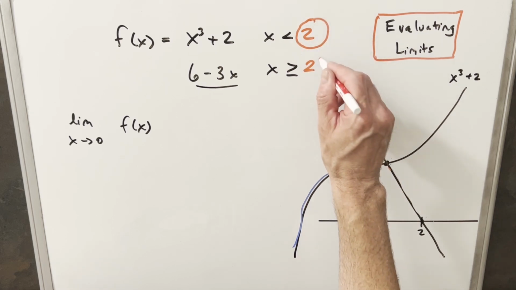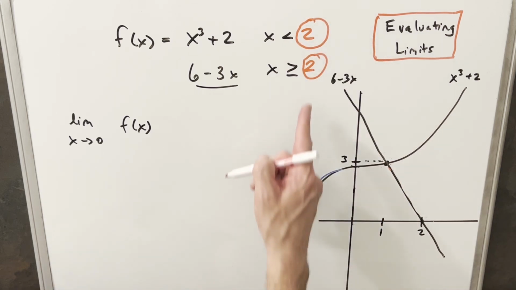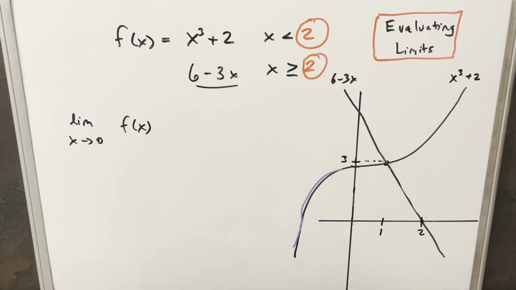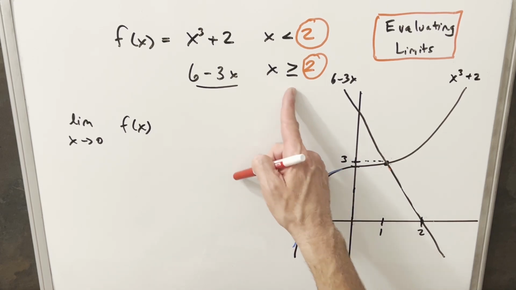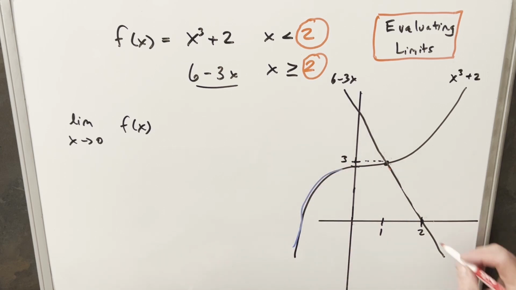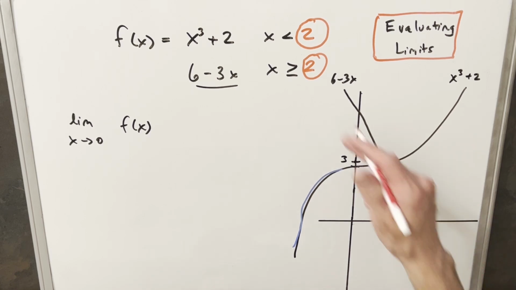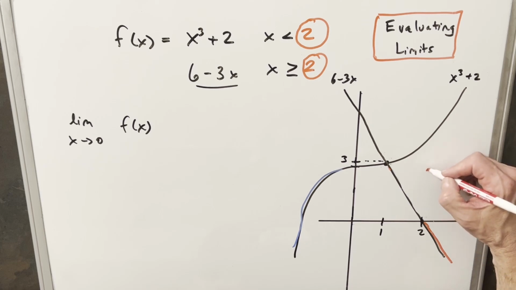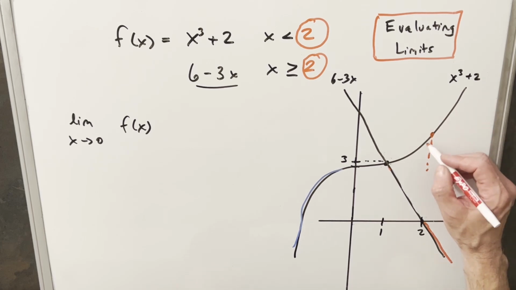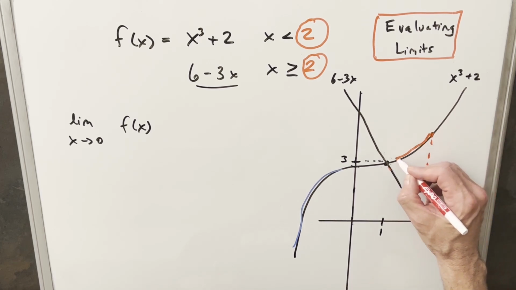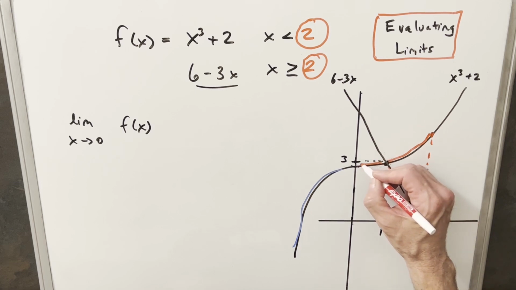We changed the definition here, where it's changing now at 2. So if we kind of just get a sense of this, if we go down here, we're saying when x is greater than or equal to 2, it's going to be this line 6 minus 3x. So these are going to be the values when we're looking at x greater than or equal to 2. Now when x is less than 2, let's come up here. Here's our 2 point. All these values less than 2 are going to be defined by this x cubed